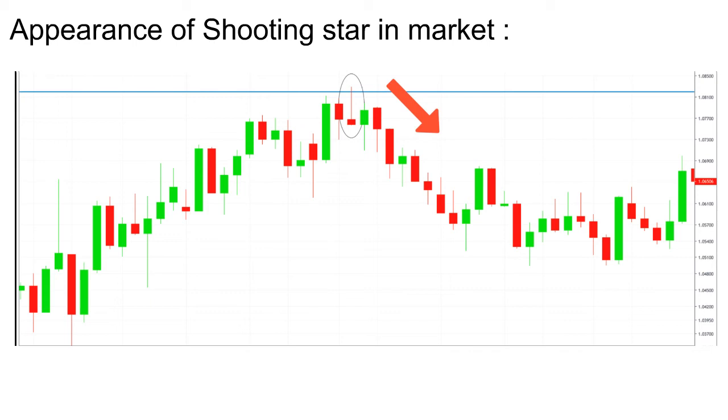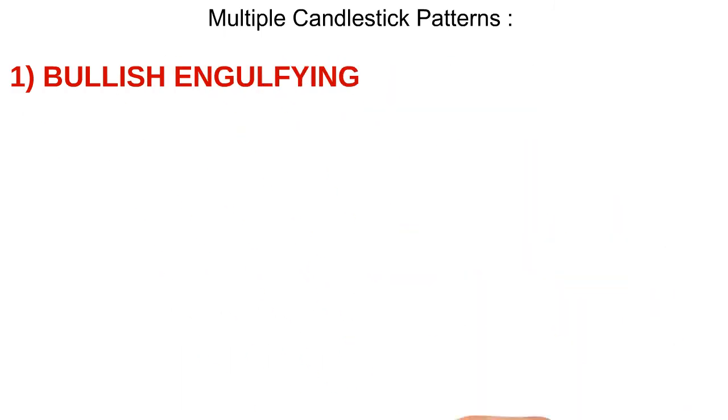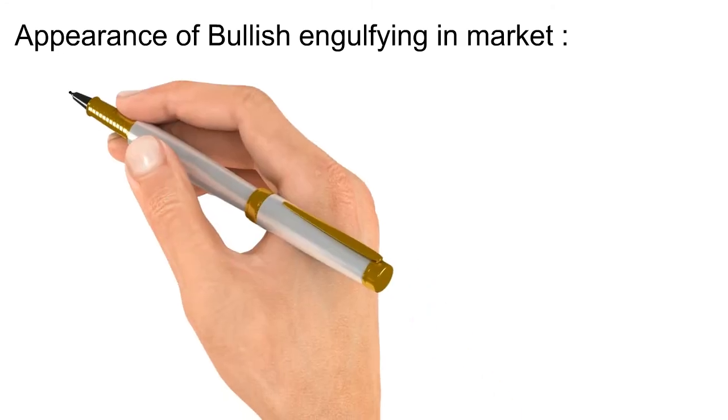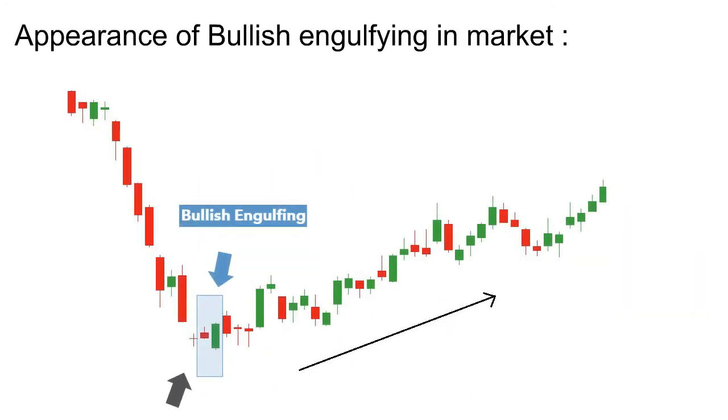the market becomes bearish. The bullish engulfing usually appears at the bottom of a trend. The prior trend should be bearish. On the first trading session, a red candle is formed, and on the second trading session, a green candle is formed long enough to engulf the red candle formed in the first session. So the bullishness is expected for the next few trading sessions.